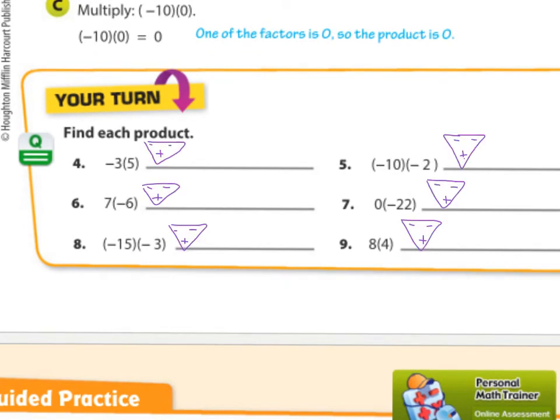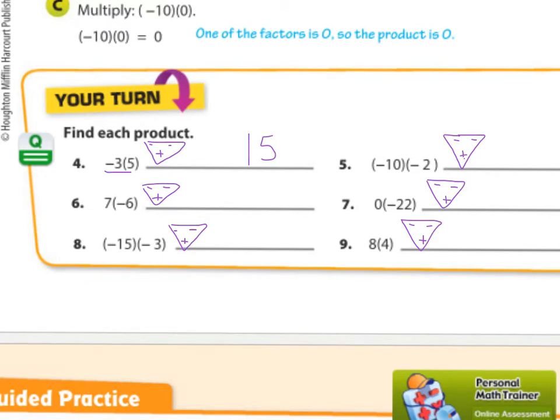Okay, so I drew a triangle with each one, and what you're going to do is copy down the problem. So write down negative 3 times 5. The easy thing about this is that we already know what 3 times 5 is. There's two parts to the answer: the numerical, the number, and the sign. So you have to multiply 3 times 5, that's 15. And then you have to decide if it's a positive 15 or a negative 15, and this is how you